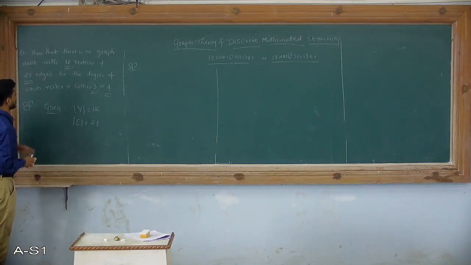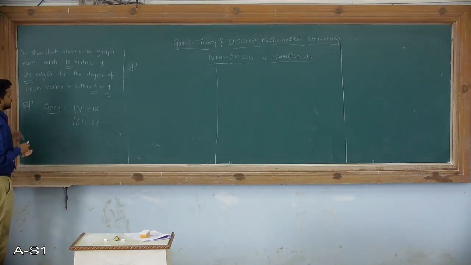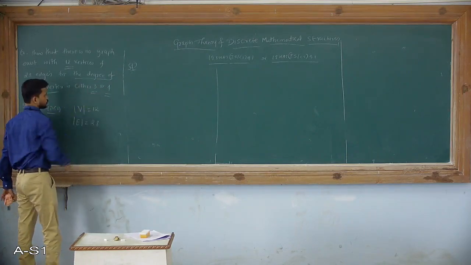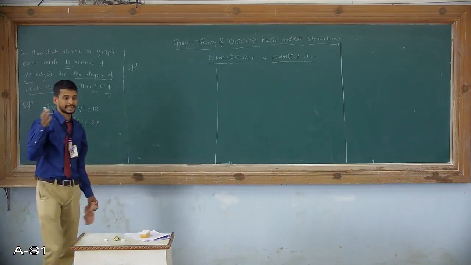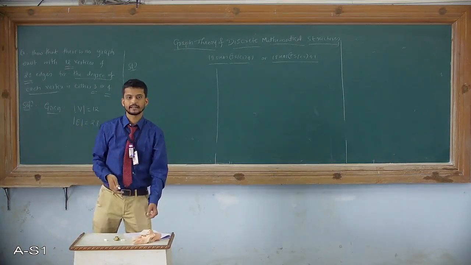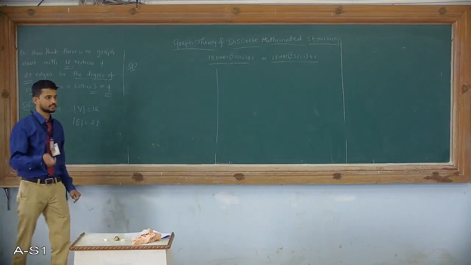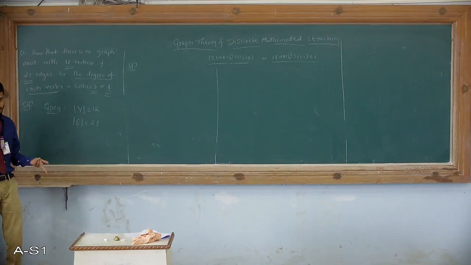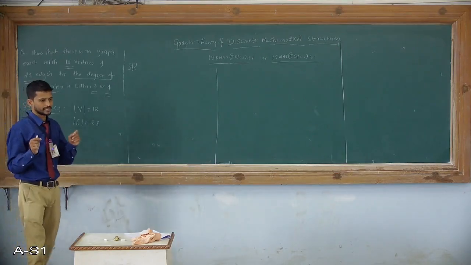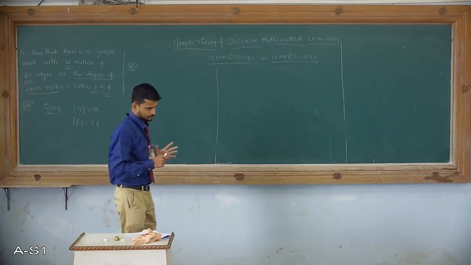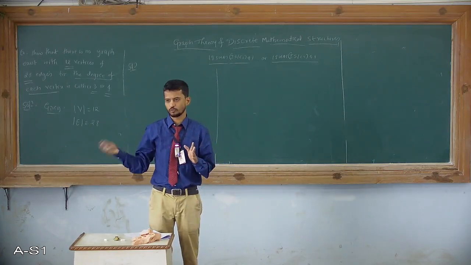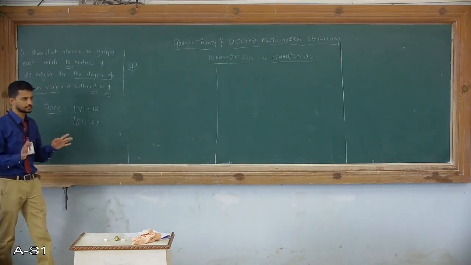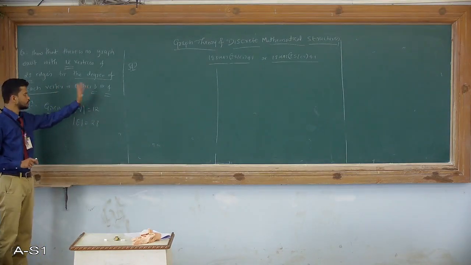But we need to consider the second condition: the degree of each vertex is either 3 or 4. It is not given how many vertices have degree 4 and how many have degree 3. They are just mentioned as either 3 or 4. There is no vertex other than 3 or 4. If suppose a vertex V had degree 1, then it does not exist in this graph. Either it has 3 or 4.